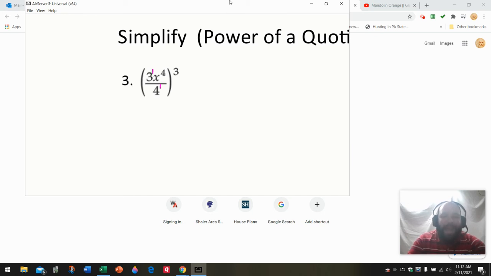So now this 3 is going to distribute to every single thing here. This one, this 4, and this one right there. So when I do that, and I'm going to back this up just so you can see, we're going to have 3. Now, a power to a power, you multiply. So 1 times 3 is 3. Now, x to the 4th, 4 times 3 becomes 12. And then on the bottom, that's 4 to the first power, so it becomes 4 to the 1 times 3,